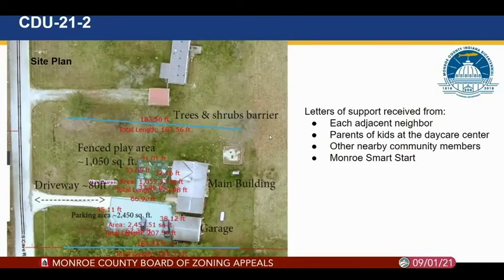So in this case, staff finds the site plan sufficient in meeting all requirements. And at this point, I do also want to mention that the petitioner has received quite a few letters of support, particularly each of her adjacent neighbors has submitted a letter in support of her use of this property